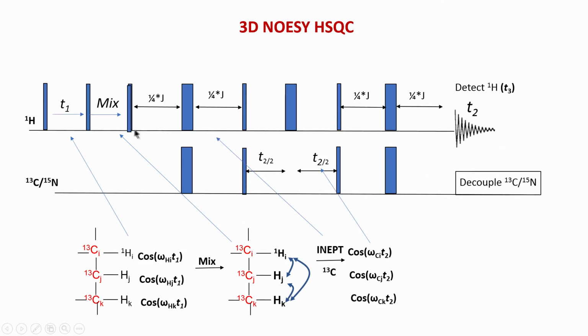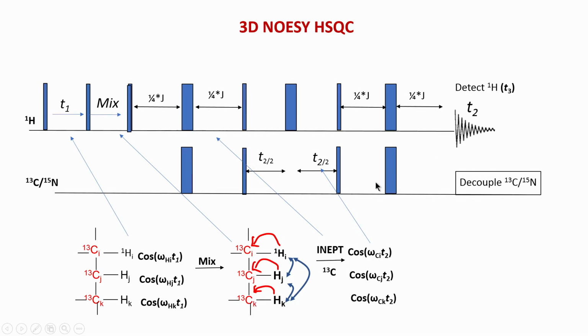In the HSQC part you have this INEPT, what is shown here, where we transfer the magnetization to its own carbon. So, let me write down here, we are transferring to the directly attached carbon. Okay. Now, once we do that, we can then excite this carbon here, and during this period T2 we evolve the carbon now. So, I, J, K, because all 3 carbons are now coming from this respective I, J, K. So, all 3 will evolve during this period.